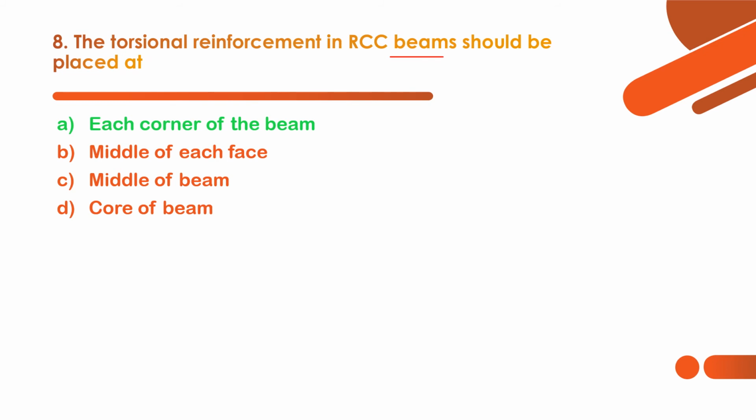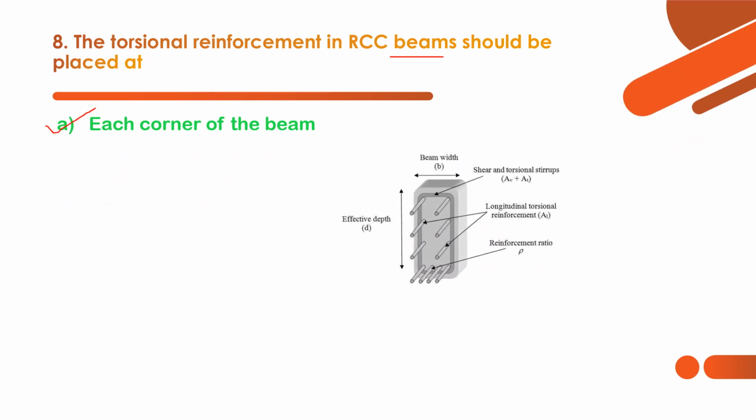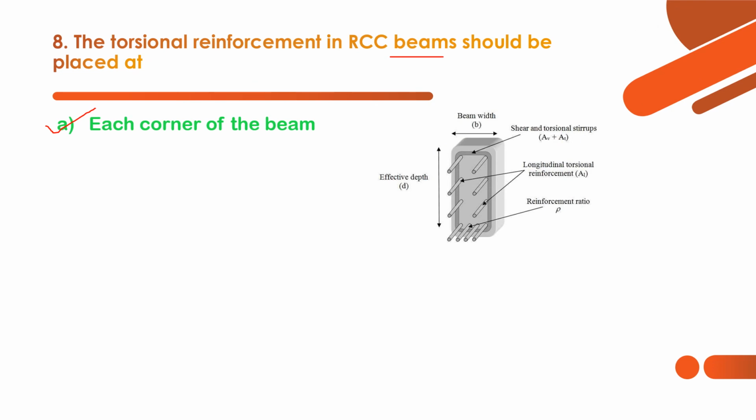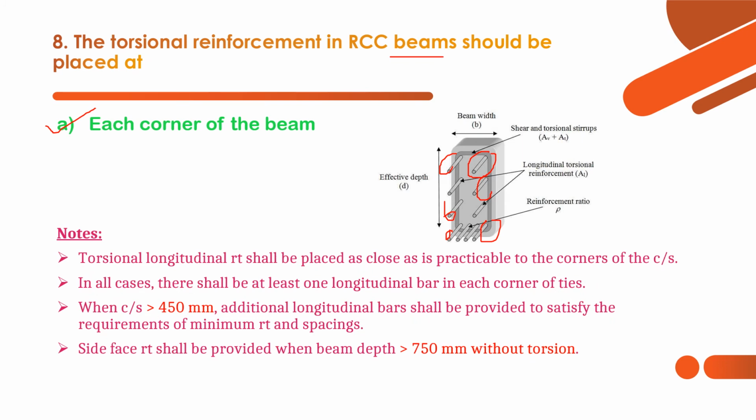Each corner of the beam. So torsional reinforcement in RCC beams shall be placed at each corner of the beam. Here you can see, at each corner of the beam, torsional reinforcement shall be placed. Torsional longitudinal reinforcement shall be placed as close as practicable to corners. So we have to place torsional reinforcement as close as is practicable to the corners of the